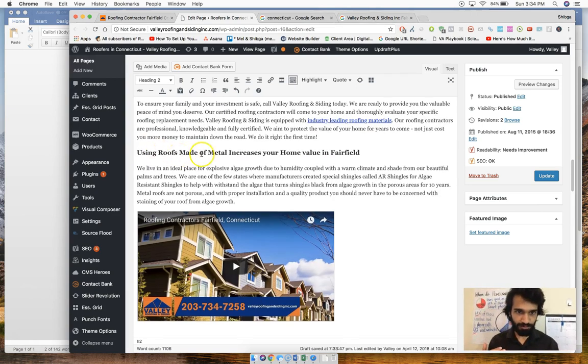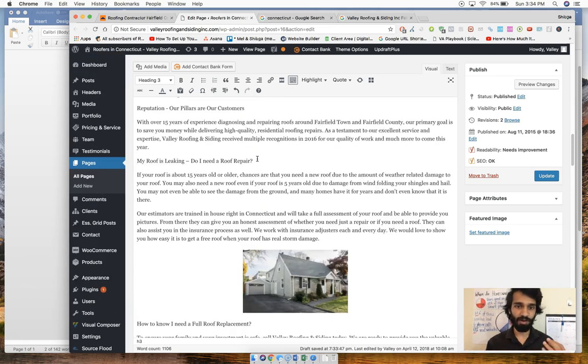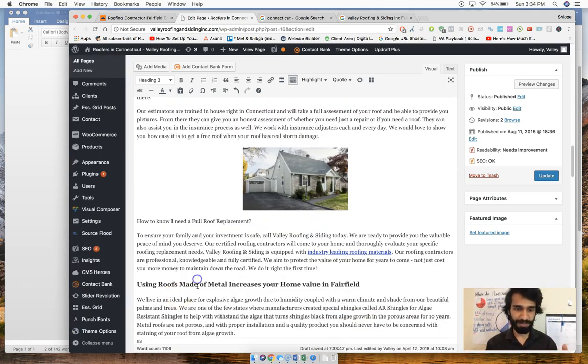Let's say using roofs made of metal increases your home in Fairfield Valley. It's not really following the thing, but it's fine. At least it's following the structure. But how it was intended to make it is that whatever the H2 was, the H3 should have been a